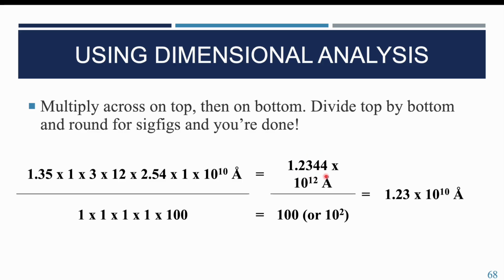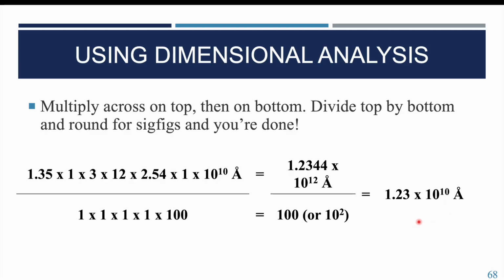And so I put this into scientific notation here, because this number is very large. It's going to be 10 to the 12th angstroms. That's very, very large. So I did this to just save some space. And on the bottom I showed that 100 can also be expressed as 10 to the second. So you can use 100 here, or you can use 10 to the second. Either one's fine. But then you take the top, you divide it by the bottom, you end up getting 1.23 times 10 to the 10th angstroms. Okay. And yeah, 1.23 times 10 to the 10th angstroms is where we're going to end up, and that's the answer